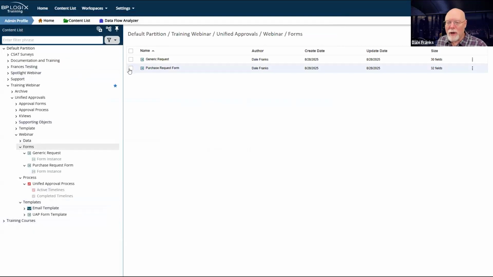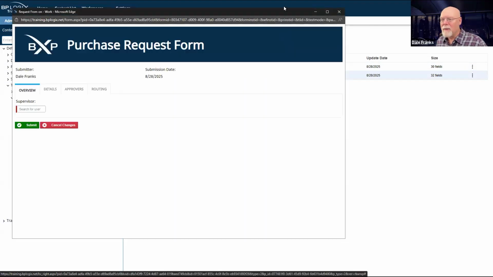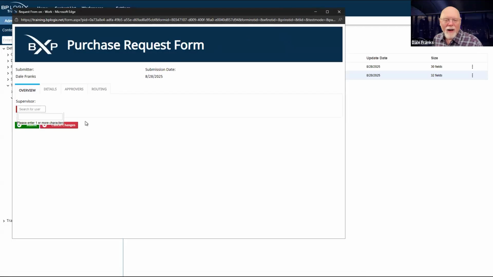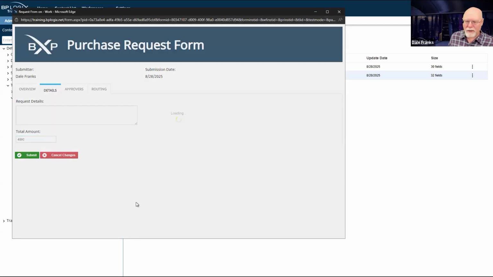Now we have to do it again because this testing works. It's super fun. Again, we'll go to details. And now we're just going to be $4,000, and we'll submit our purchase request.